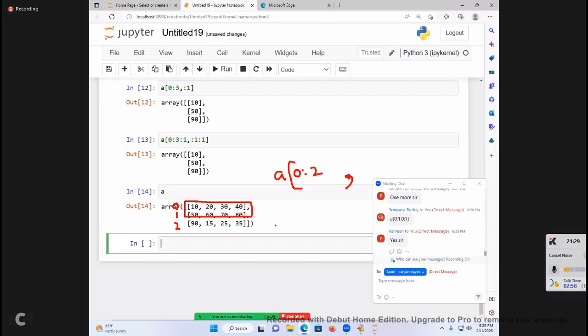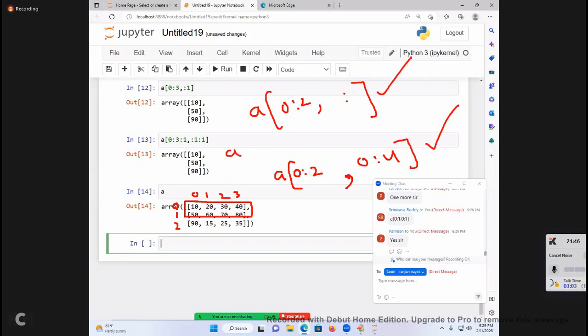0, 2, comma, 0, 1, 2, 3, 0, 4. One solution. Next solution: 0, 2, comma, colon. Second solution: A of colon 2, comma, colon.